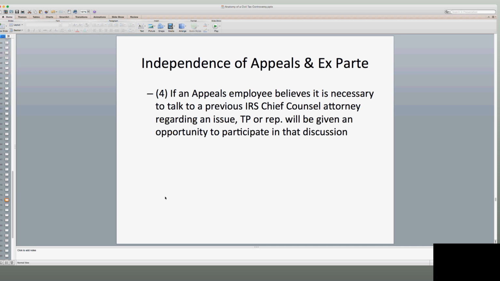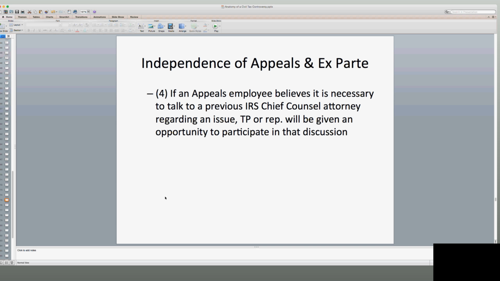And I know what a lot of you are asking yourselves right now: if these ex parte discussions happen, how the heck are we even going to know about them? Well, that's the whole thing. The practical realities of the situation are that this could be going on behind our backs without us even knowing. So it's always important to do your due diligence, but there are certainly things that happen behind the scenes.